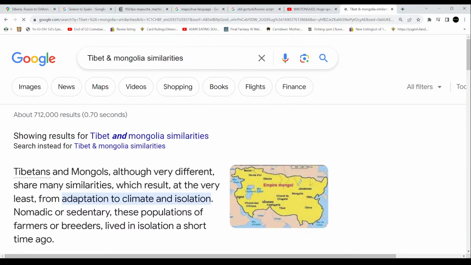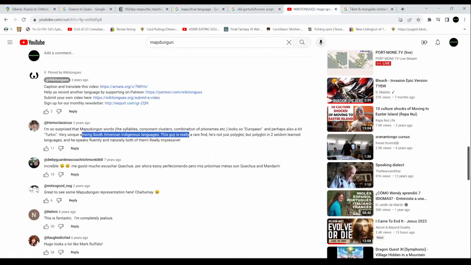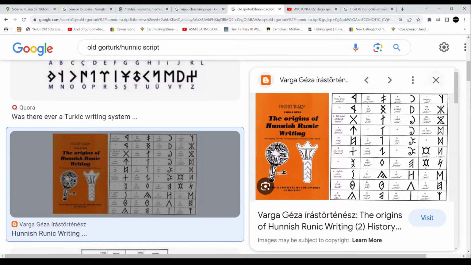Similarities, let's see. Tibetans and Mongolians, although very different, share many similarities, which result at the very least from adaptation to climate and isolation. Nomadic or sedentary, these populations of farmers or breeders lived in isolation a short time ago. Yeah, so the Tibetans were originally part of the Mongolian Empire. Okay, I didn't know that part. But yeah, no, there is a connection between